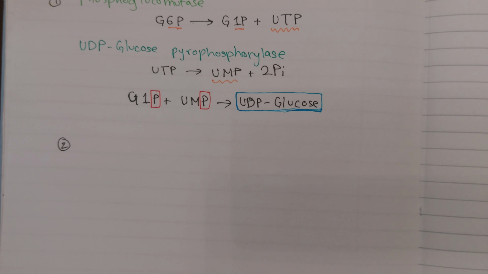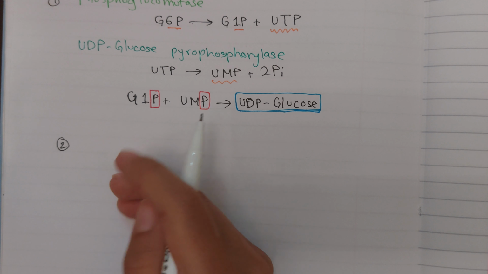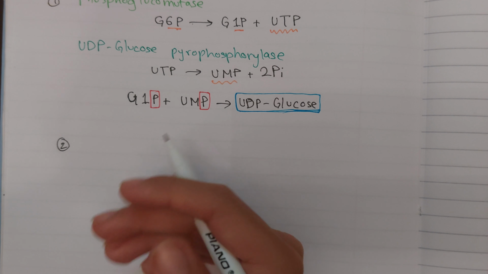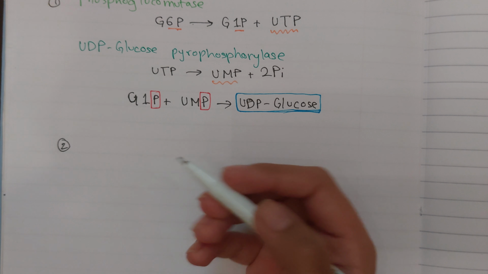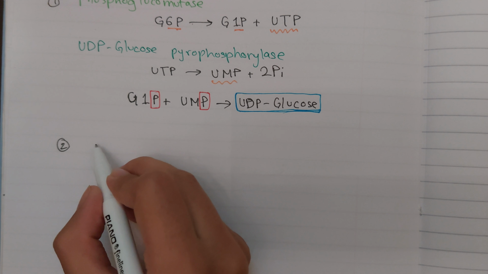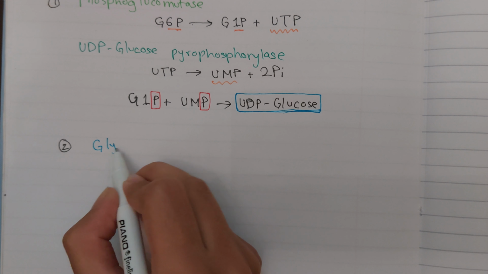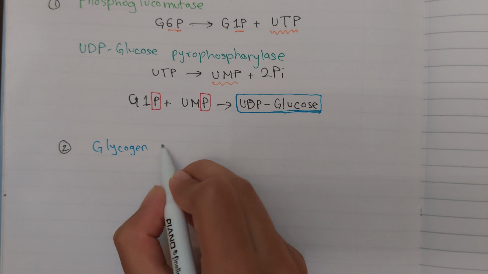So in the second step, we would need to form a 4 carbon chain of glucose, so that it would be recognized by enzymes to be considered a molecule of glycogen, because if it's shorter than 4 carbon, our enzymes wouldn't notice that it's actually glycogen, not glucose. So with the help of the enzyme glycogen synthase,